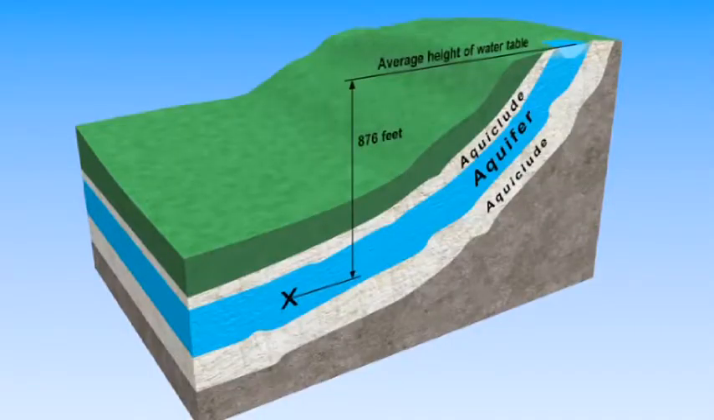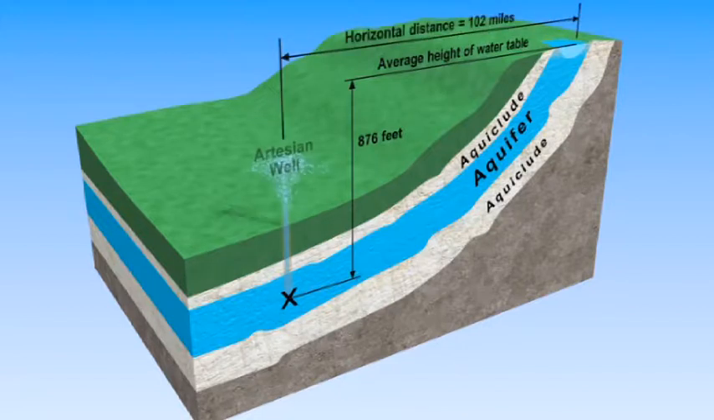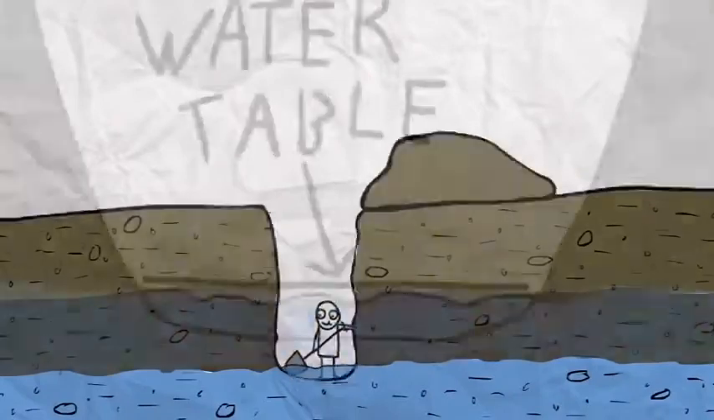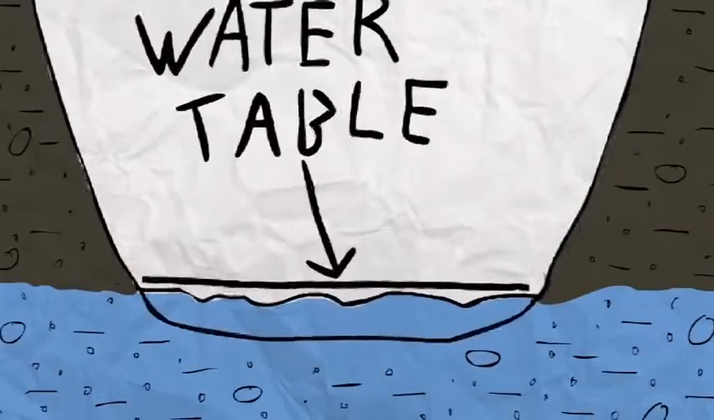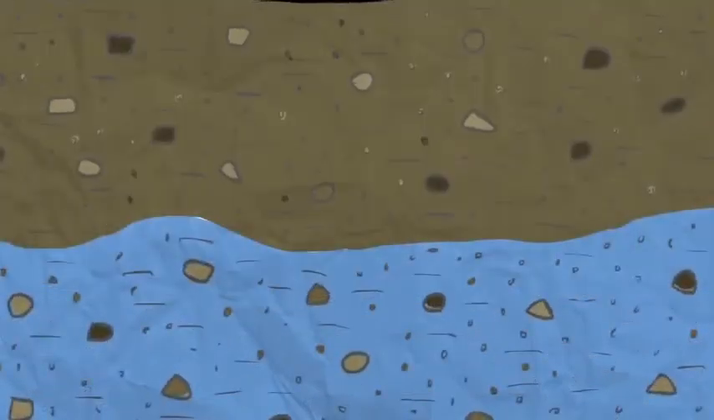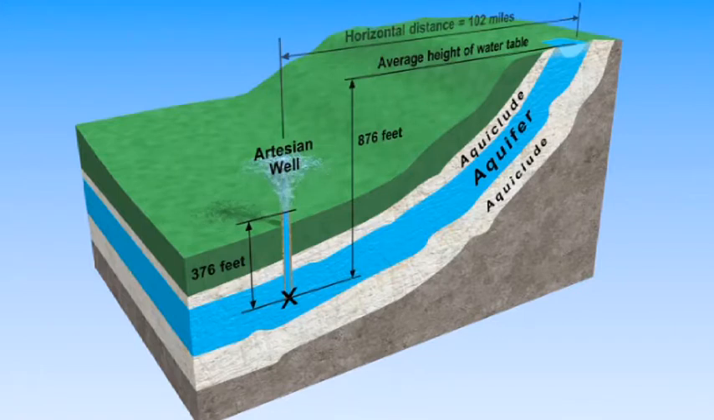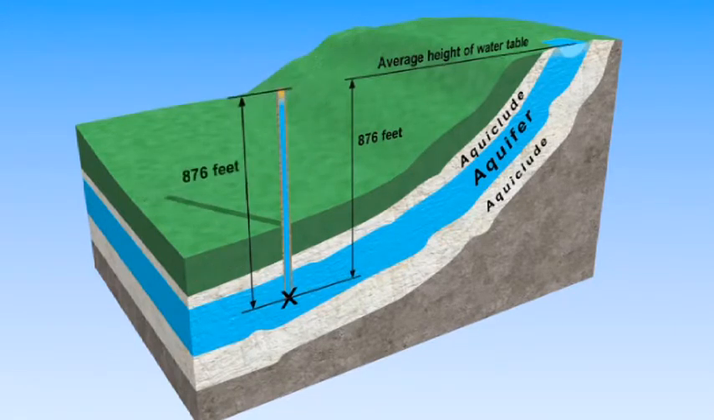The recharging of aquifers happens when the water table at its recharge zone is at a higher elevation than the head of the well. Here, at this point, if we sink a well of say 376 feet, water will automatically gush out due to the positive pressure. If we increase the height of the well to 876 feet, that is the height of the water table, the